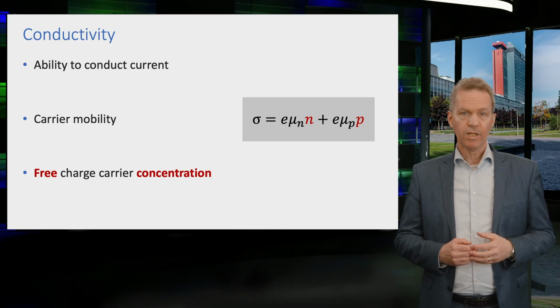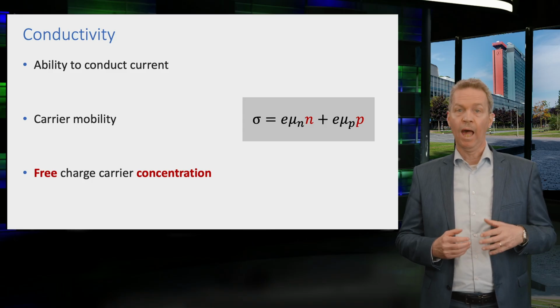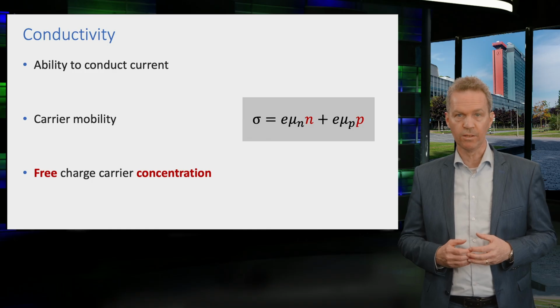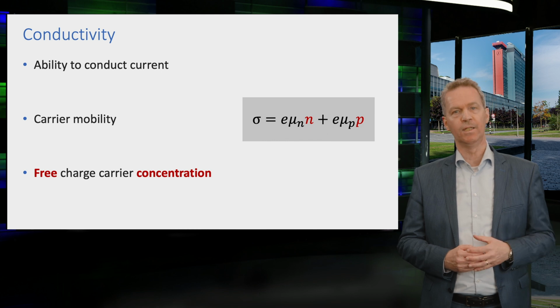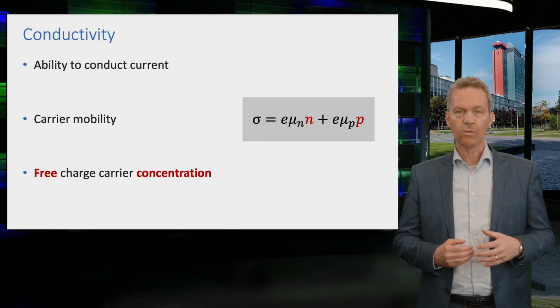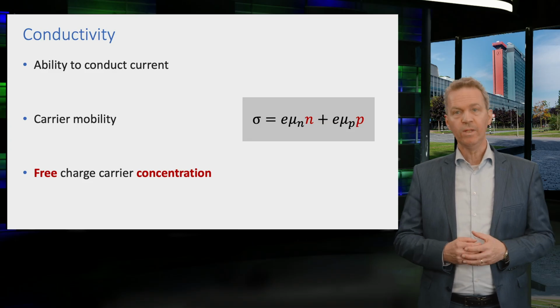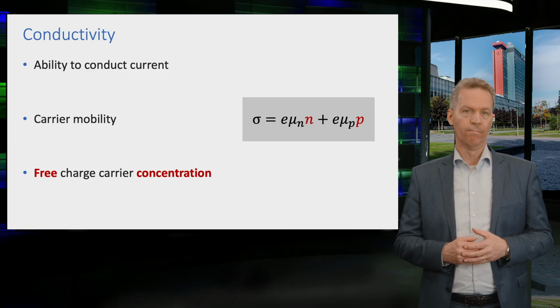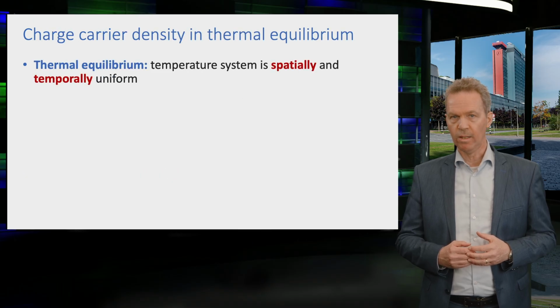The mobility of a free charge carrier represents how well this carrier can move through the material. However, in this video we focus on the free charge carrier concentrations, as it is these charge carriers that will carry the photovoltaic energy. It is therefore important to understand how these concentrations are influenced. For that, we need to consider two different situations, namely thermal and static equilibrium. Now let us first look at the semiconductor in thermal equilibrium.